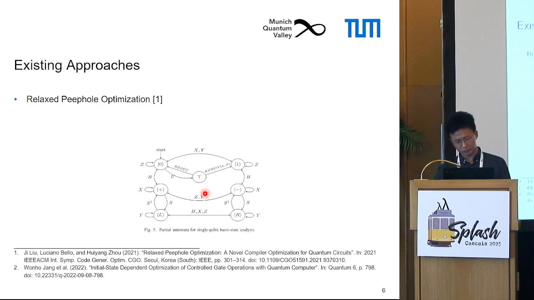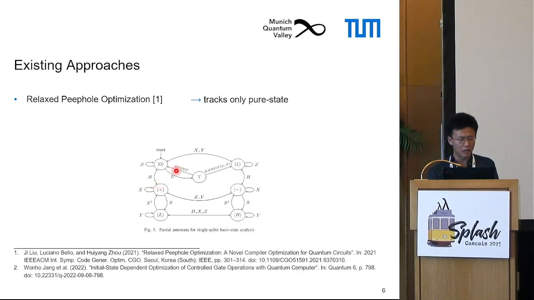One approach is the relaxed peephole optimization. They have an idea: we only track the state of each single qubit. That is, they only track pure states. In this sense, they use an automaton where each node in it